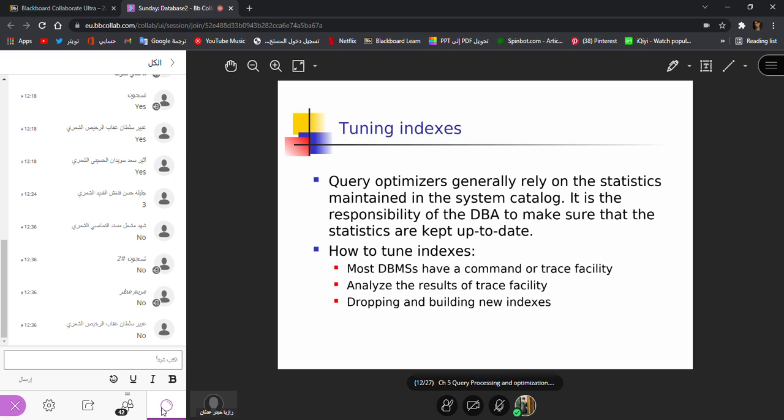Now, how can we achieve these 3 points? By the tuning of the databases. The tuning of the databases includes the tuning of indexes, tuning of the DB physical design, and tuning of the queries. Today we talk about the tuning of indexes. First of all, what are the indexes? Indexes are the access structures that we create in order to save the information for the places where actual data is. And why do we make that? In order to avoid the complete table scanning.